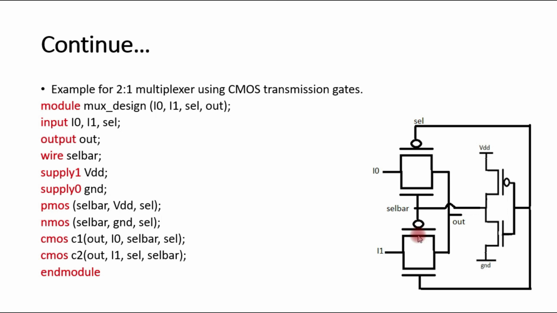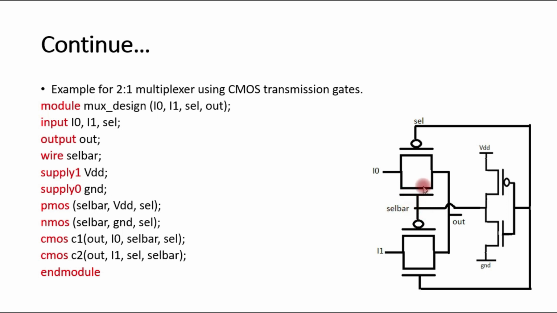As the condition of a transmission gate is that N control and P control are complements of each other, we are using an inverter circuit here for complementing the selection line. This inverter circuit is a CMOS inverter circuit, consisting of two MOS devices, one PMOS and one NMOS device. So the logic circuit can be explained as: when sel, that is the selection line, is logic 0, then the output of this inverter circuit is logic 1, or sel bar is logic 1.